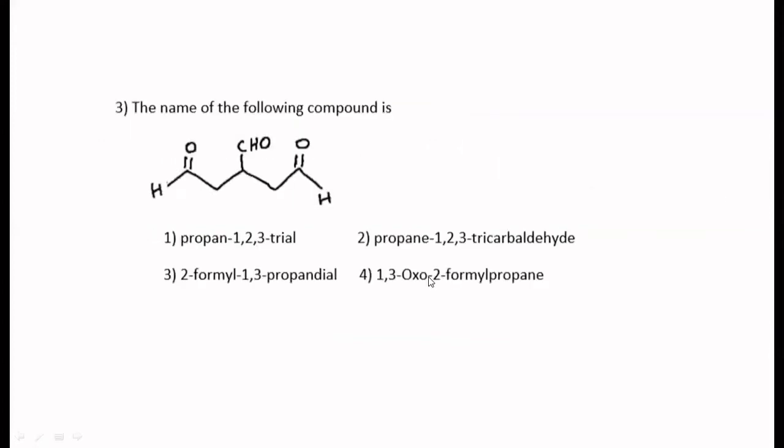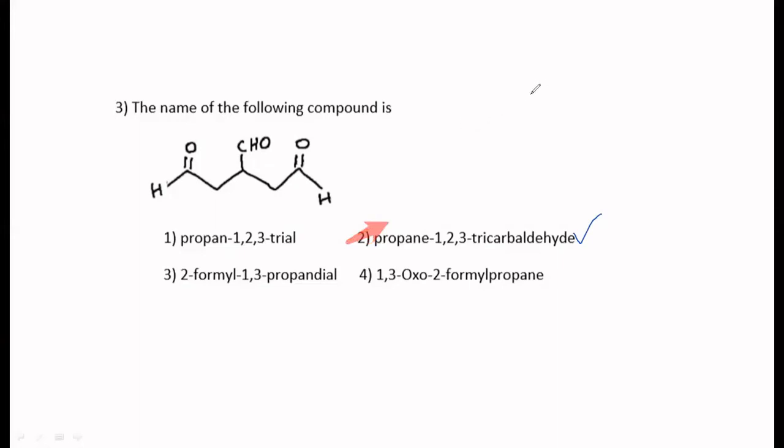That is this question. The name of the following compound is, yes, I think I had taken this example. Am I right? Propane-1,2,3-tricarbaldehyde. This is the name. Okay, you can't give priority to any one of them. So don't give priority. So write it as carbaldehyde. Generally asked question is this.